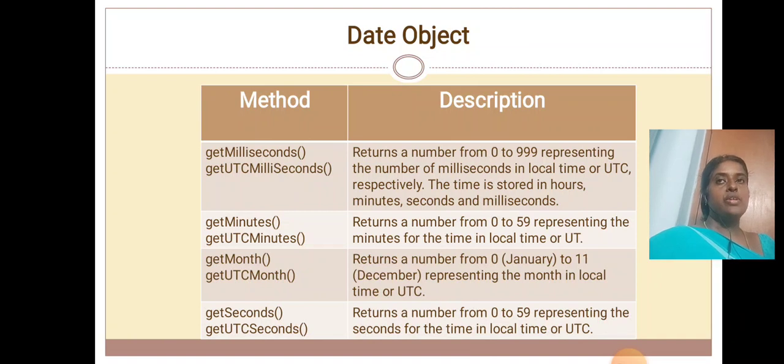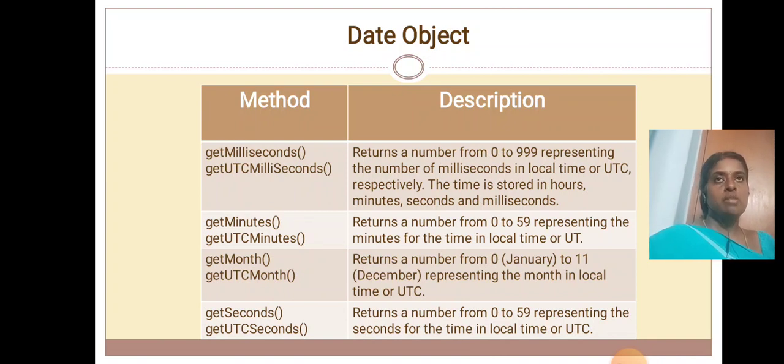The answer will be from 0 to 11. Since there are 12 months in a year, January is going to be represented as 0, February as 1, March as 2, likewise till December, which will be represented as 11. So, you will receive the result between 0 and 11. If I am running this,